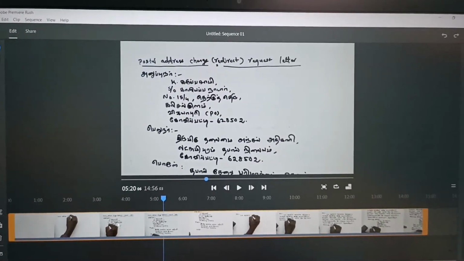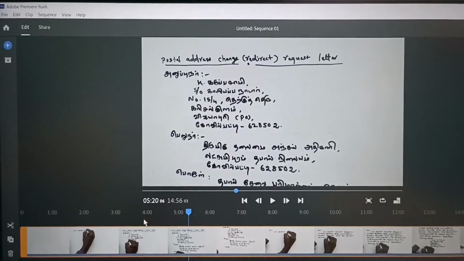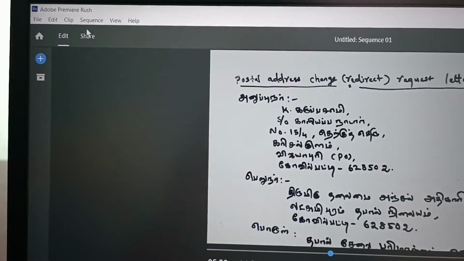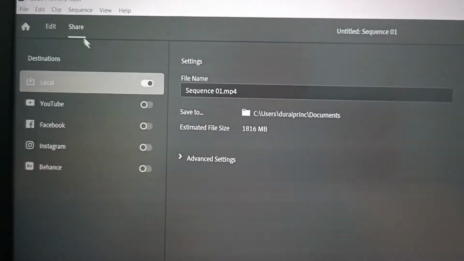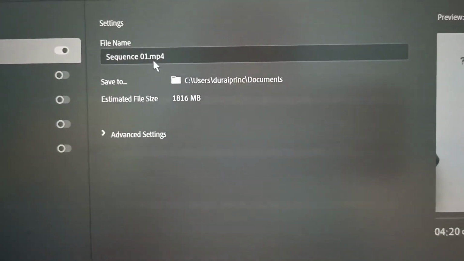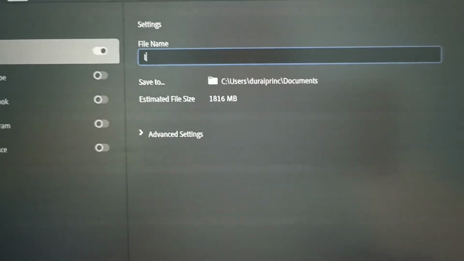In this video, you will learn different export settings in Adobe Premiere Rush. Here, I have opened this project, and to export, click on Share button. And here, in the file name, you can edit name. Here, I would like to give it as letter,